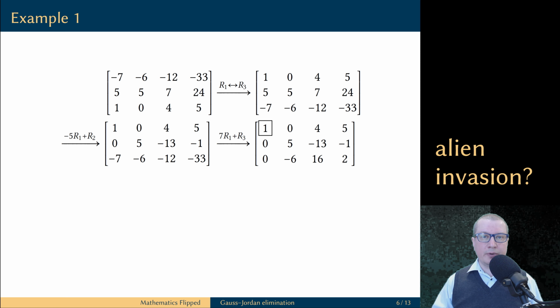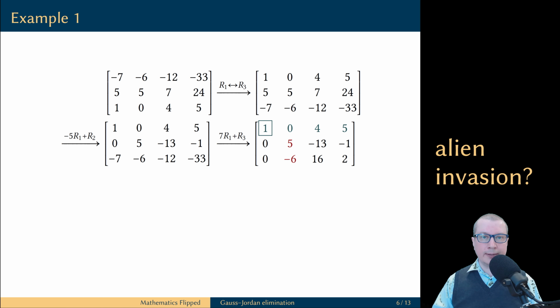Next, step number 5 says forget about the top row. So now we are going to pretend that row 1 is not present in the matrix. We need to go back to step 1 of the algorithm now and locate the leftmost non-zero column. In this case, it is column number 2. Next, we need to ensure that we have a non-zero entry at the top of this column and then scale it if necessary to make it into a leading one.